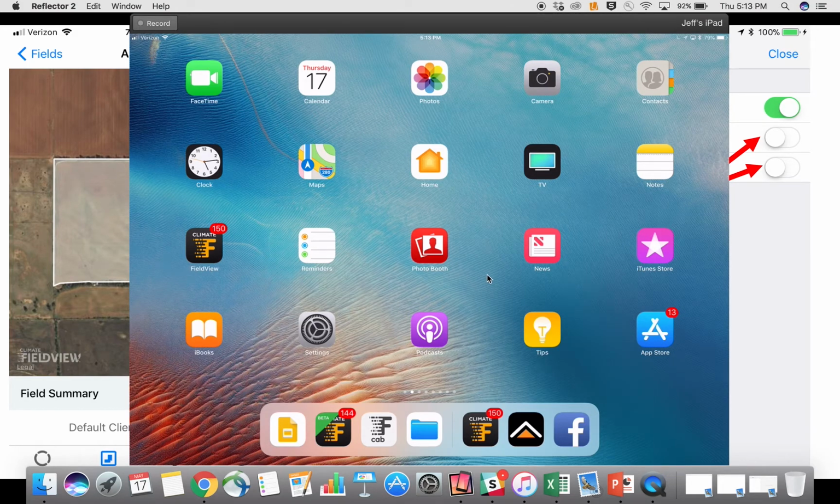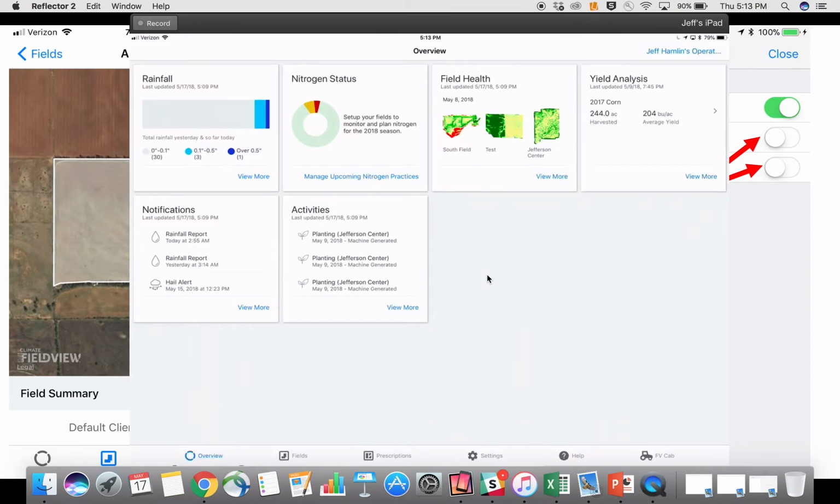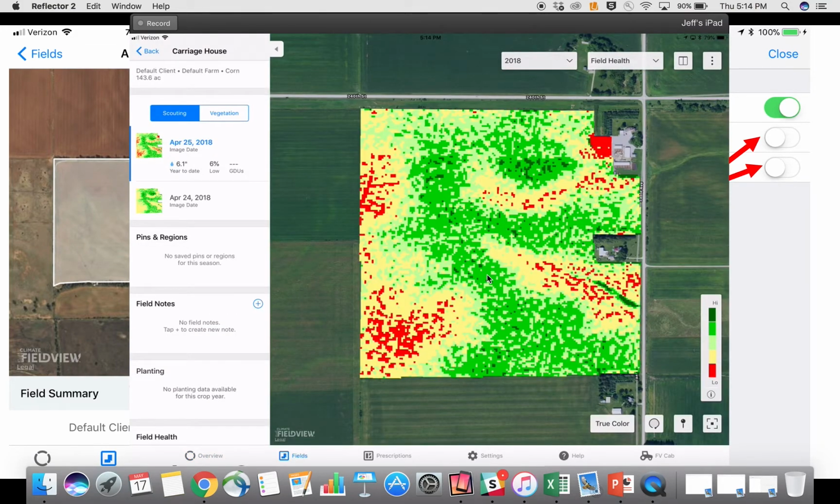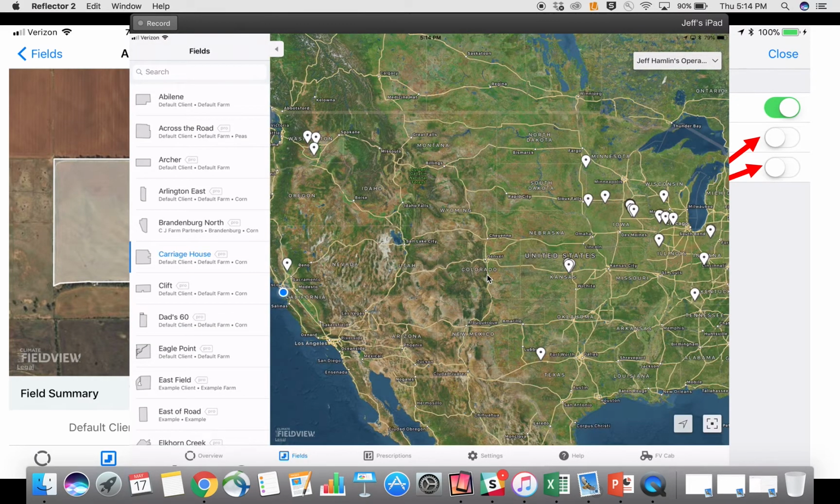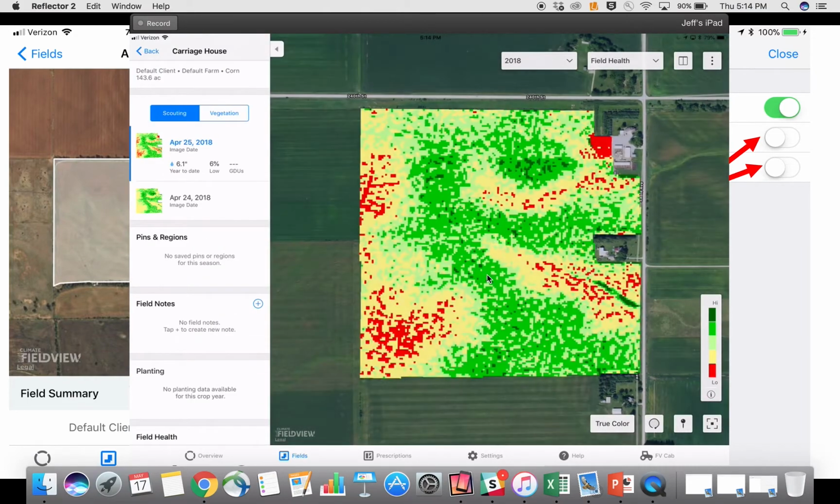So I've gone ahead and I've got my iPad here, and I'm going to launch my Climate FieldView app, which is the black app with the orange F at the bottom of the page. And if I'm in the field and I want to take some scouting notes, the first thing I'm going to do is click the Fields button at the bottom of the page, and then from the field list on that page, pick the field that I'm in and that I want to take some scouting notes on. So in this case, I'm going to click the Carriage House field,